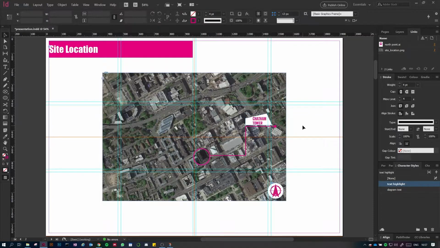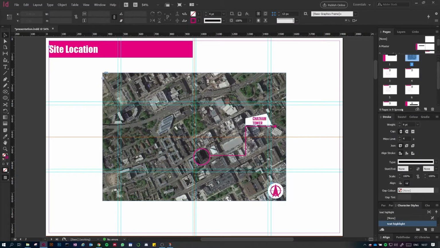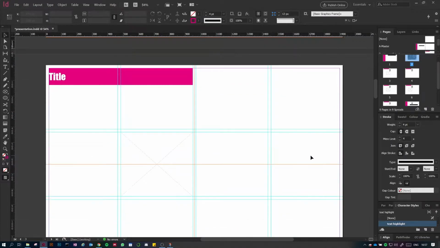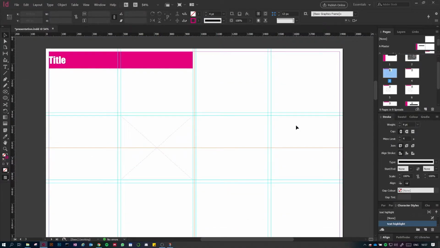Yeah, that's great. So I will move on to the next page, which will be some of my pictures. As you can probably tell, I'm not really following anything specific here in terms of narrative. I'm just showing you what I can do in InDesign with some buildings and sites that you're familiar with, so it's not too confusing. So I go to the next page, and this one I will put in my pictures